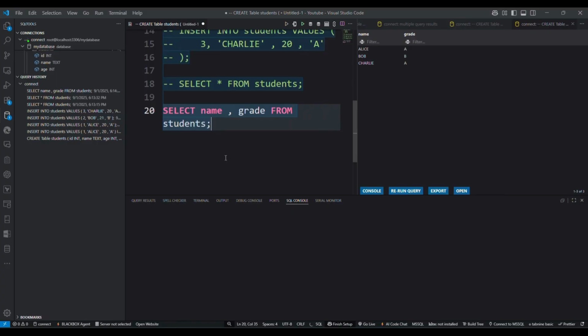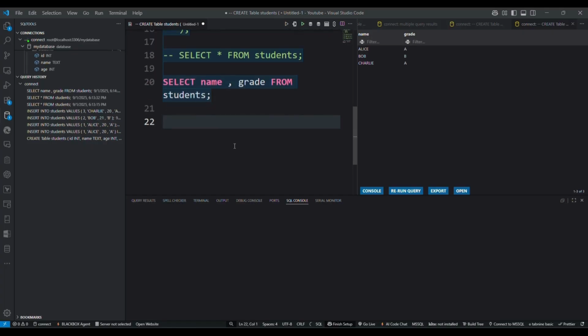So here now, instead of selecting everything, we are only selecting name and grade columns. That's helpful when you don't want to see the entire table.